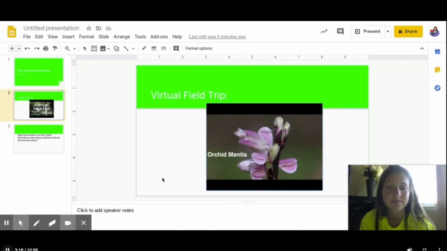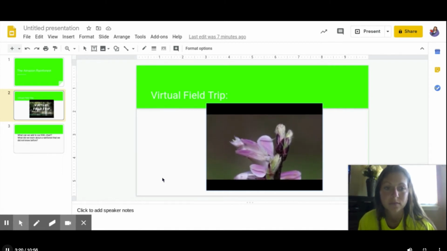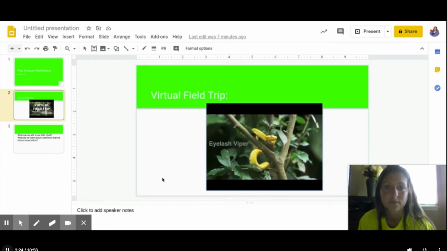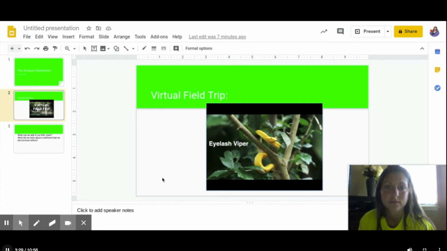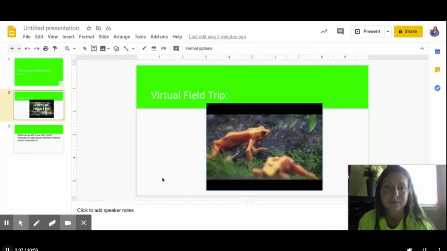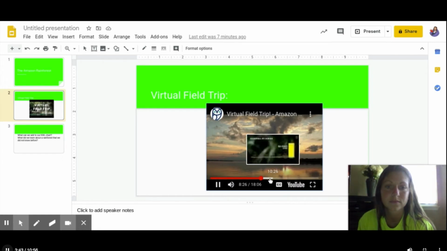This orchid mantis is cleverly camouflaged to look just like the flower it's named for. Other animals use camouflage too. This eyelash viper is the same color as many tropical fruits. By the time its prey gets close enough to realize that it's not a snack, it may be too late. We hope you enjoyed meeting the many exciting animals that live in the Amazon rainforest and learning how they survive